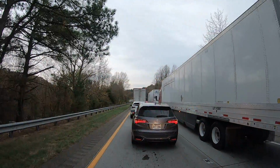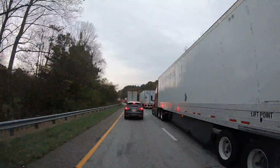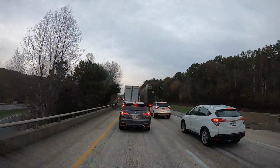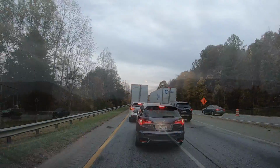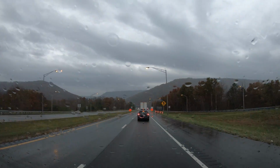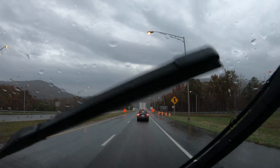Today's road trip is brought to you by the 3 R's. First up, our 35-minute road construction delay, followed by our 45-minute rainy day accident delay,